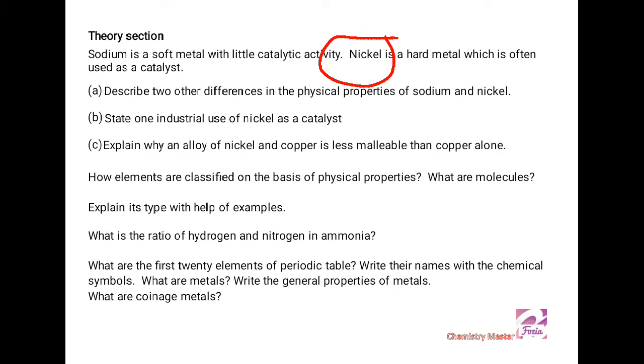The element becomes a catalyst due to its catalytic action. And catalysts are those chemicals which increase the rate of the reaction, or which make the conversion of reactants into products by lowering the activation energy of the reaction. So they speed up a reaction without being consumed. Means the catalysts do not react with the reacting substances.